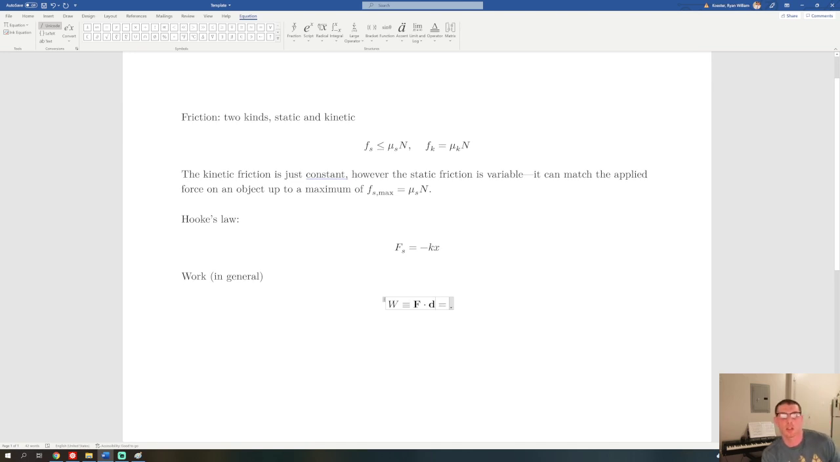So F dot D, or we could always write F D cosine theta. Remember that theta is the angle between the force vector and the displacement vector. Usually it will be either 0 degrees or 180 degrees, and cosine is bounded between -1 and 1. So what this means is that